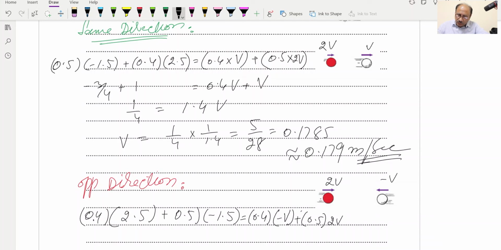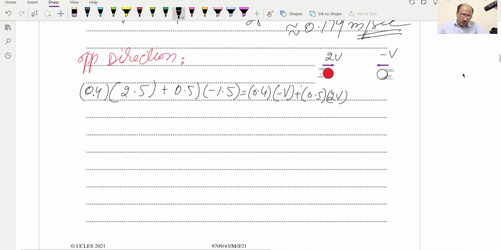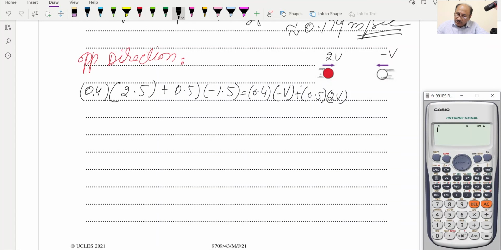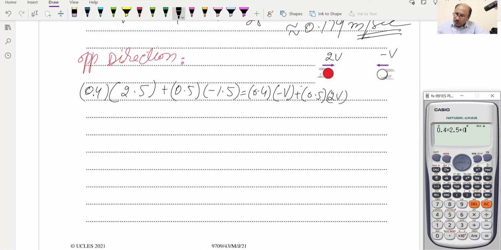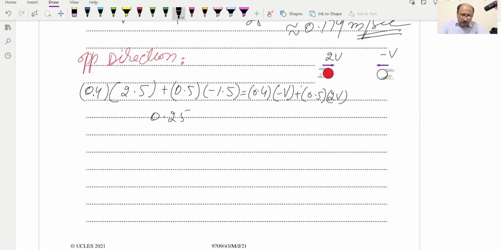So this will be our equation, and we can simplify to solve this one. This whole thing we can write in calculator, and we can get the answer in one go. So it will be 0.4 into 2.5, plus 0.5 in bracket into minus 1.5, and this is equal to 1 over 4, or decimal value 0.25. We can write 0.25 on this side is equal to minus 0.4 v plus 1 v, so 1 minus 0.4 will be